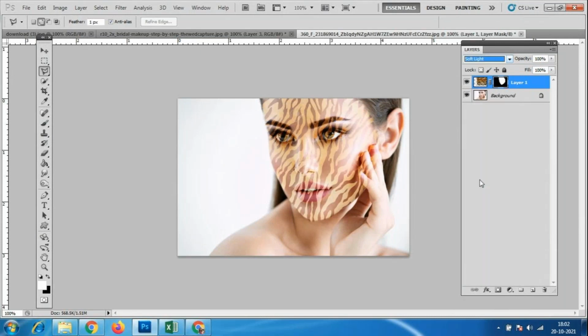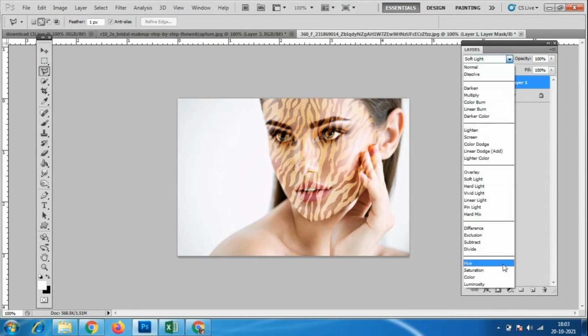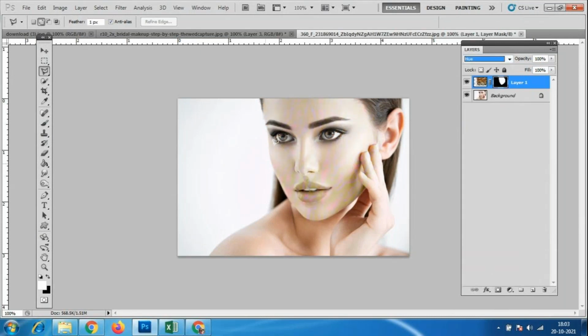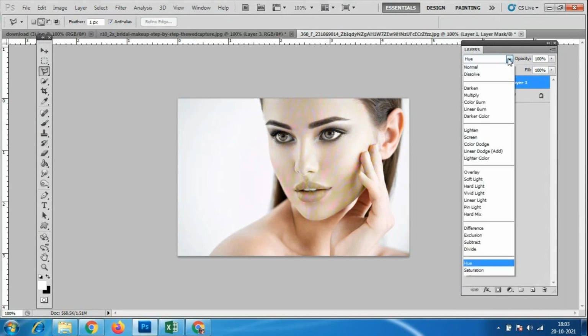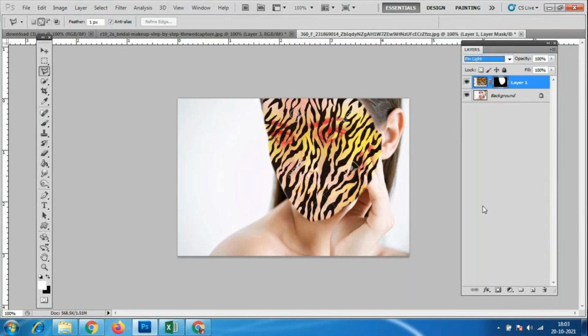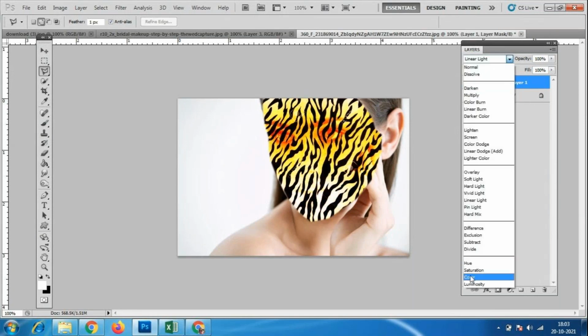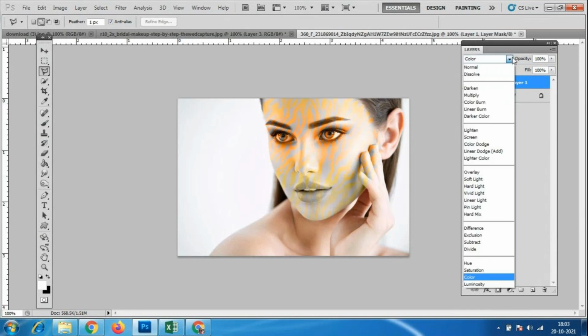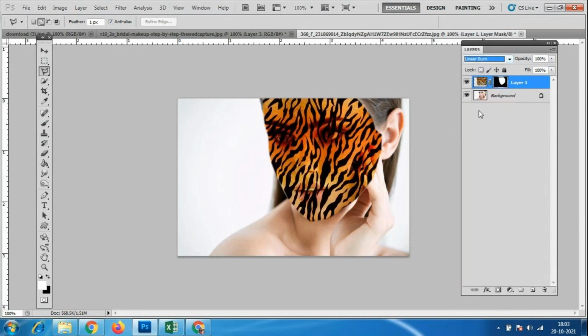Okay, soft light. In that hue option is there, very light textures you will get over here. Pin light, linear light, color. So you just have to apply different things, and here also you can give 50% opacity.